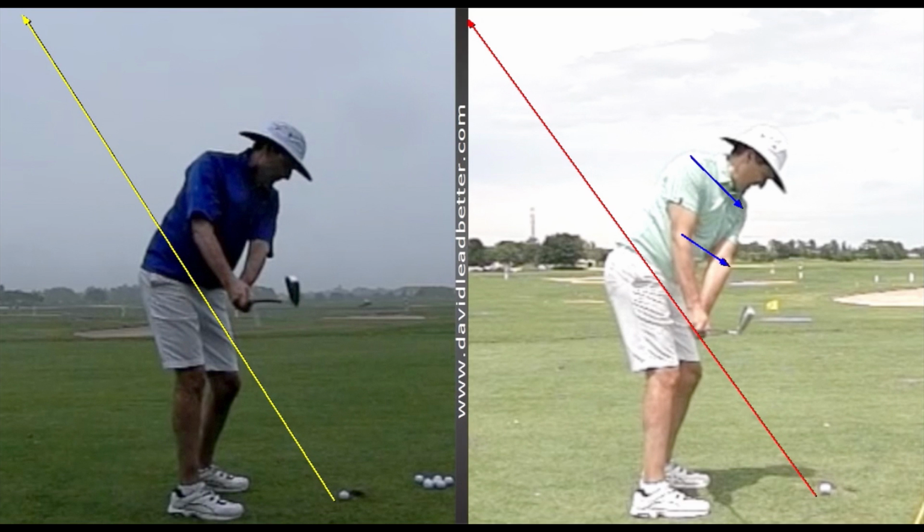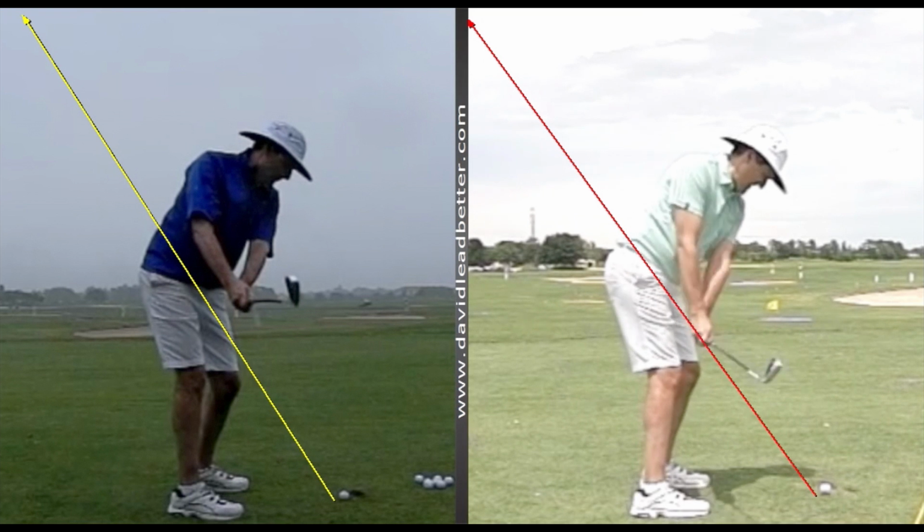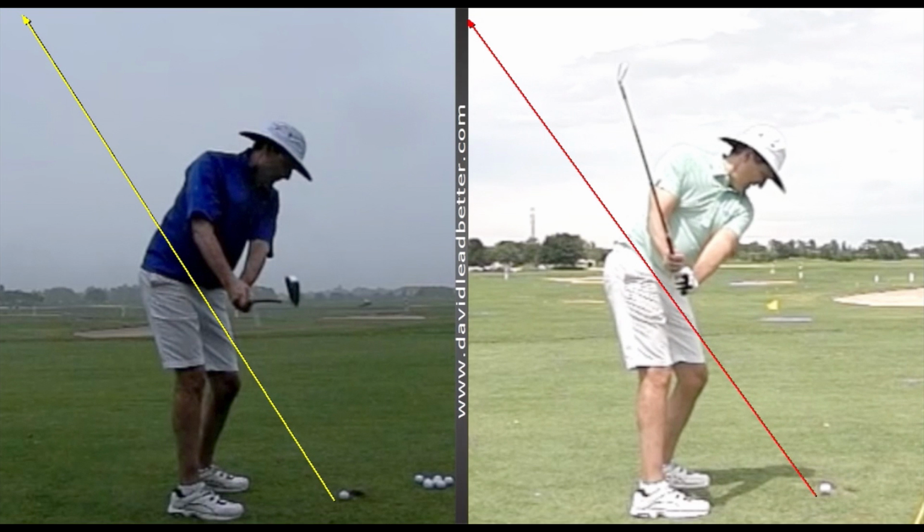The right elbow, the right arm is on top of the left, and now with that new grip in the left hand, and especially the right hand, you can see how that cup is working with the right hand, so the club is getting set a lot easier. And it just looks like there's more resistance as he starts this swing. So very much an A swing type look here with the posture, the start of the swing, and then ultimately